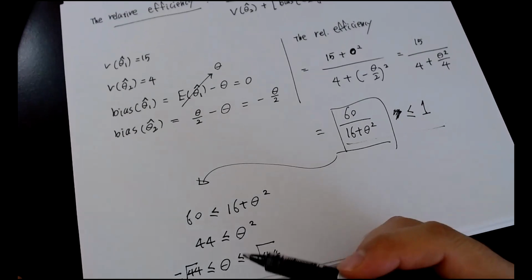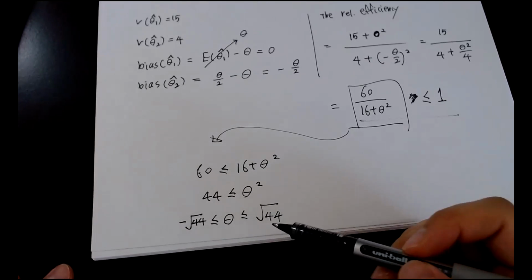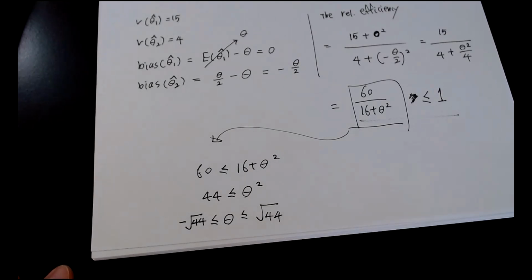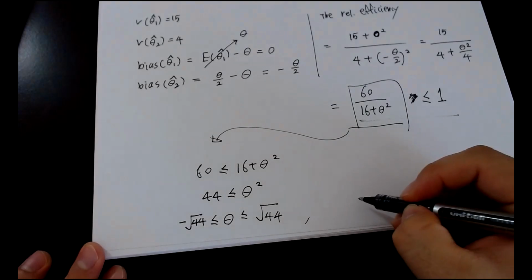It means that if theta is between negative square root of 44 and square root of 44, theta 1 hat is more efficient than theta 2 hat. But that's not what we want, right? We want to find the opposite. We want to find the interval of theta where theta 2 hat is more efficient than theta 1 hat. So the answer is what, theta